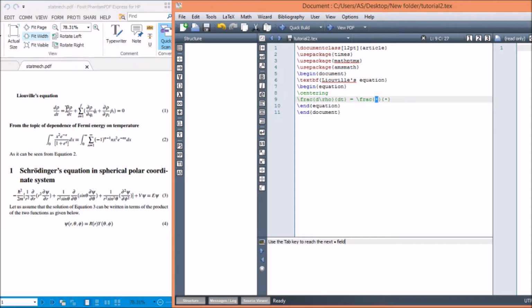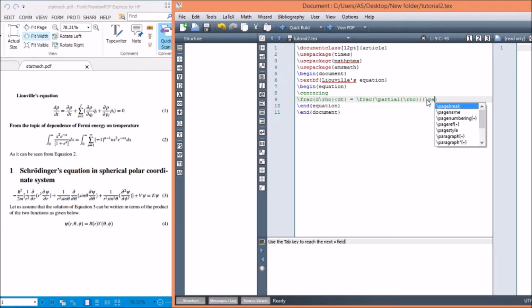Okay, partial derivative. So how to write that? It's simple, just like it. Partial, yes, partial, and this is rho. Fine. So del rho is written,